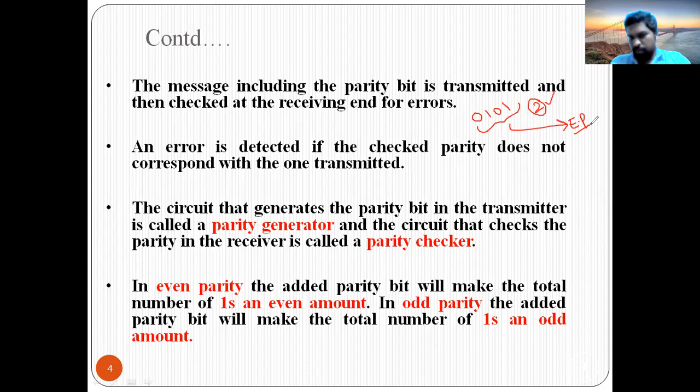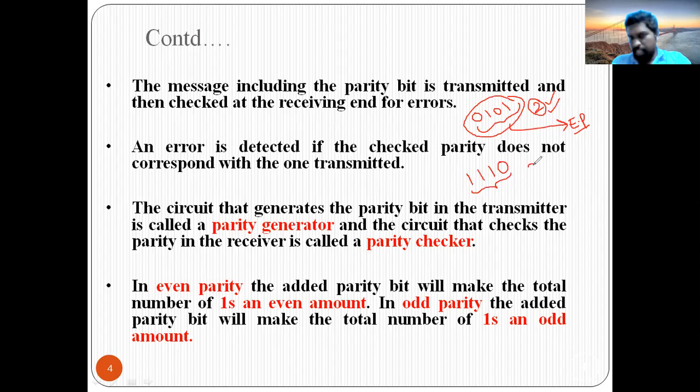If your count of ones leads to an odd number, it is odd parity. When the count of ones leads to an even number, it is even parity. In this information, we have two ones. Two is an even number, so it is even parity. Suppose you take 1110 as the information, count how many ones are there.